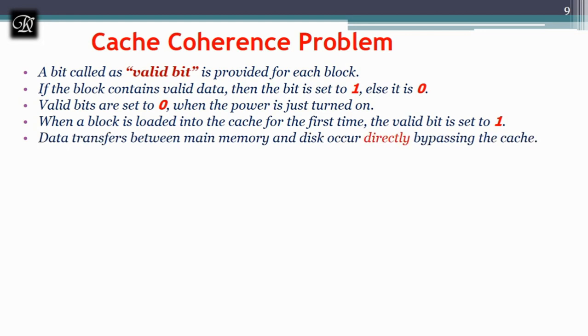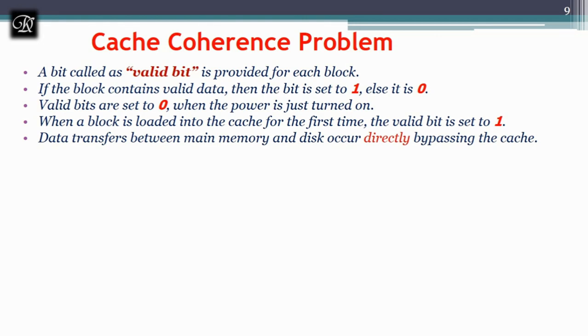Data transfer between main memory and disk occurs directly, bypassing the cache, because the cache sits between the RAM and the processor. We don't have a cache between RAM and secondary memory, so of course they bypass it.